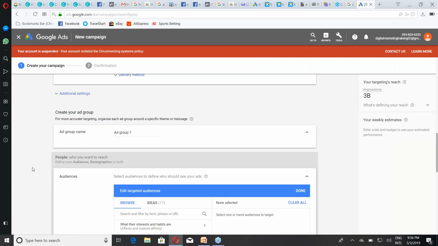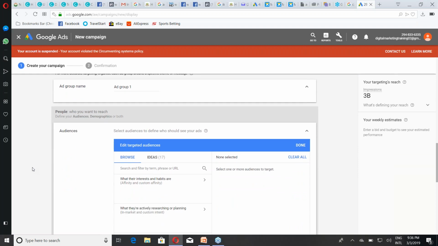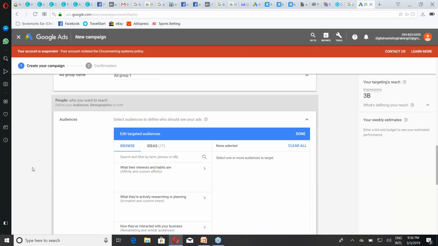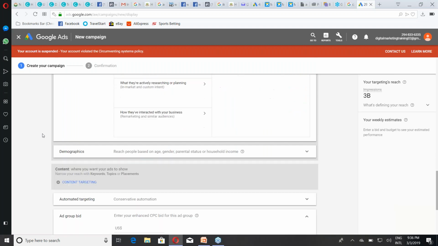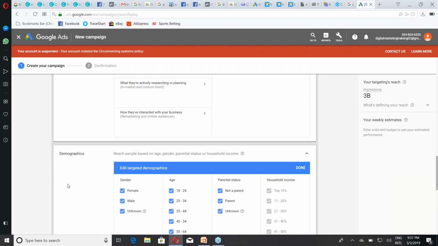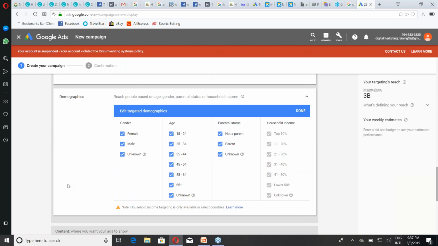and it's now asking for the add group name, edit your audience, just like the Google and Facebook advert we used to do. You can actually edit the audience, but don't touch here. Don't touch here. Just scroll down. We are going to demographic. This is demographic here. Reach people based on their gender, parental status, or household. So if I click on this, I have clicked on demographic. So demographic is actually showing me here that